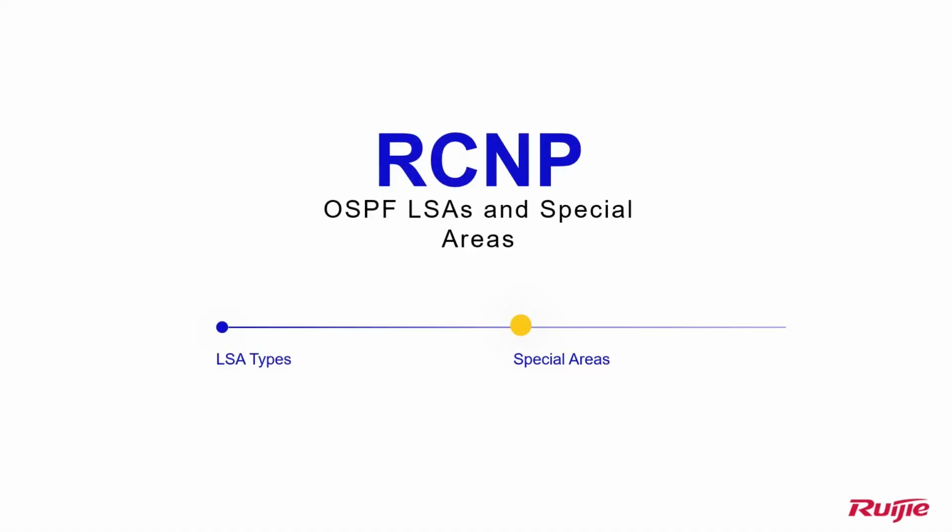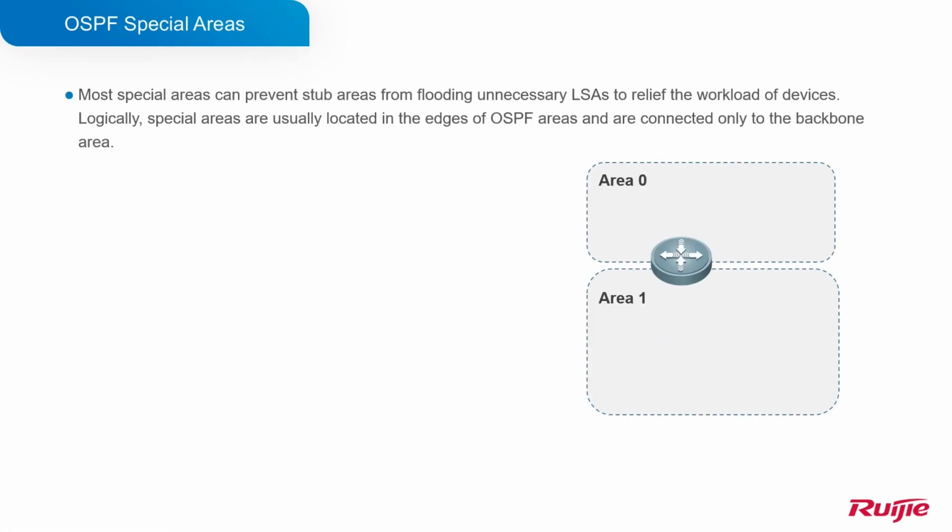For this class, we will introduce the special areas in OSPF. For the OSPF special area, why do we have to set a special area? Actually, a special area can prevent the stub area from flooding unnecessary LSAs. So in our network, not every router needs to know the detailed LSA information, because we know if we